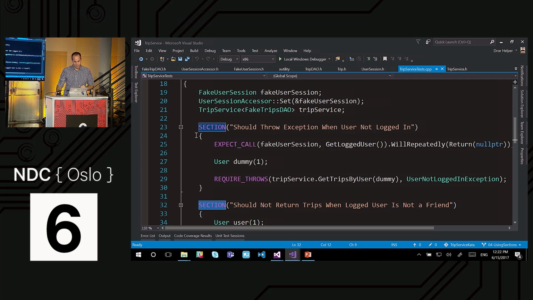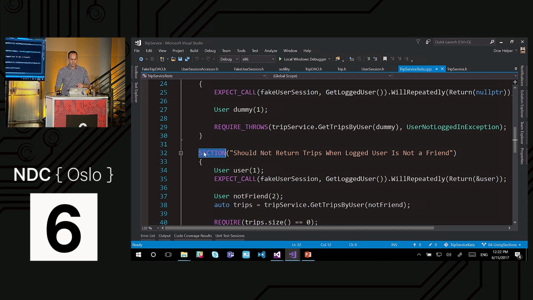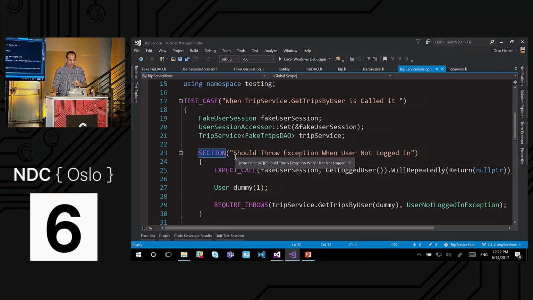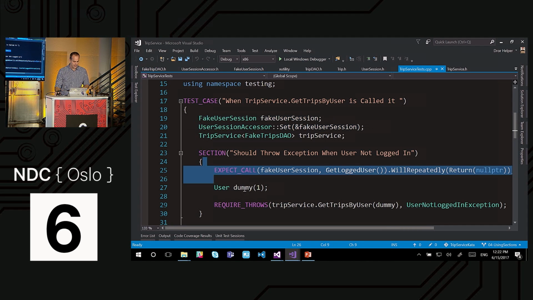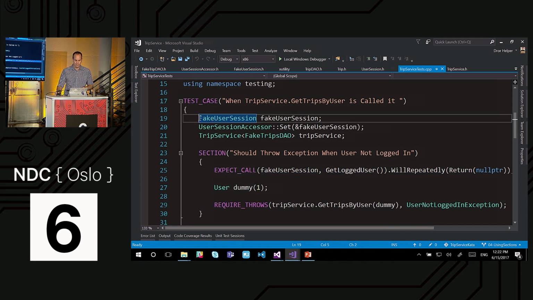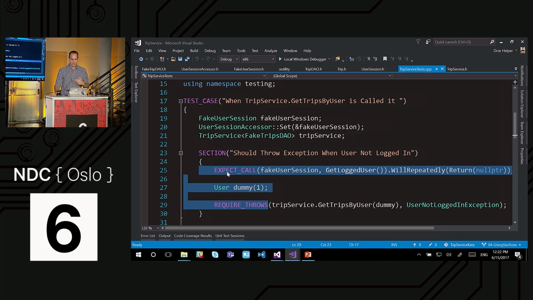This one will run, well, maybe first or second. I don't really care about the execution order. And this one will run in a different run. It's not like a whole method running one by one. And I find this to be a more intuitive way, because I can see what happens in the test and then the section runs. So I have all my initialization code in the same place, and then I can run my code. Essentially, I've created the same thing I created with fixtures, but now it looks logical.